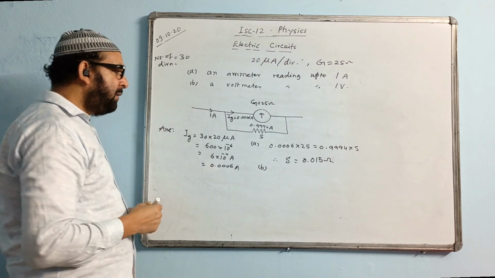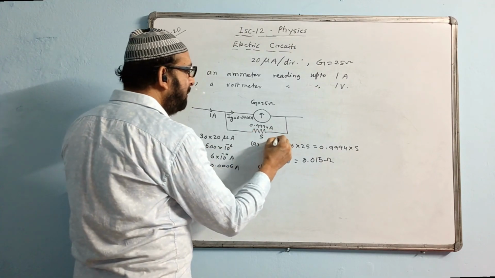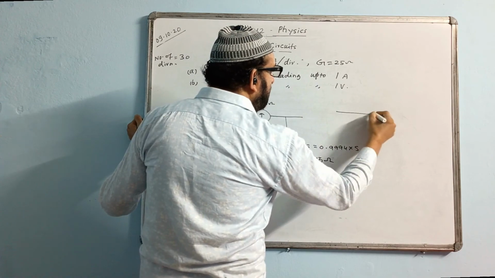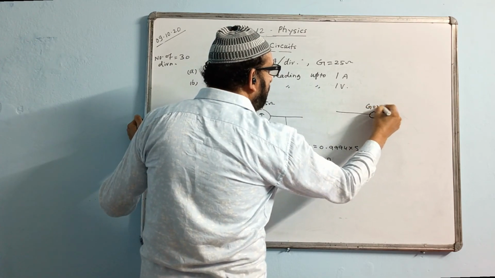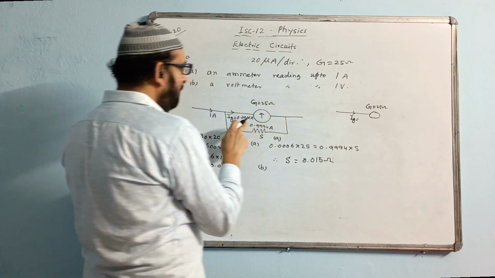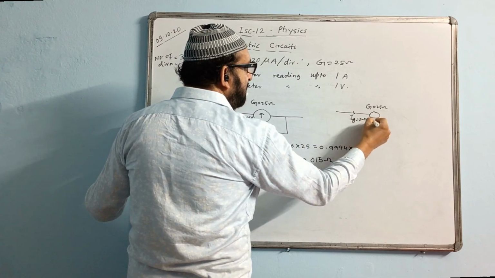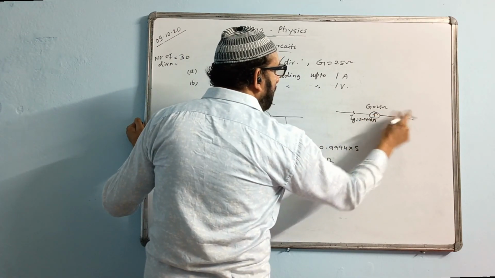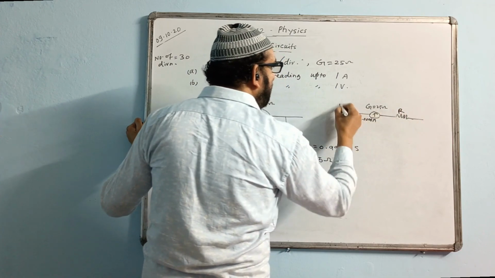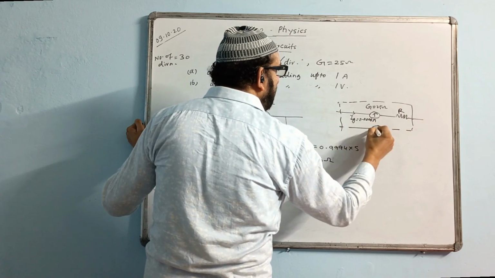Now, second part, we are changing it, so draw the diagram. This is the diagram for the ammeter, that is the first part. For the second part, you can draw the diagram here. This is G, 25 ohm, and Ig after changing the value in decimal is 0.0006 ampere. You have to put a high resistance now in order to change it into a voltmeter. Here is the voltmeter, and the voltmeter should read 1 volt.